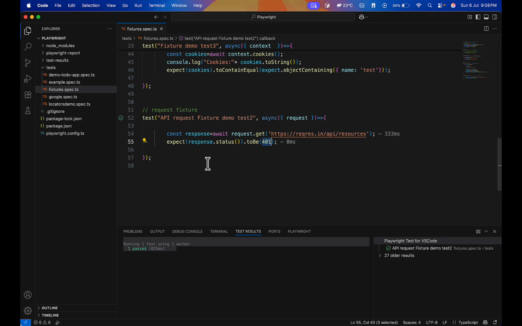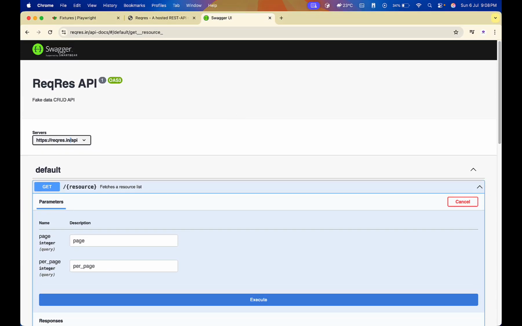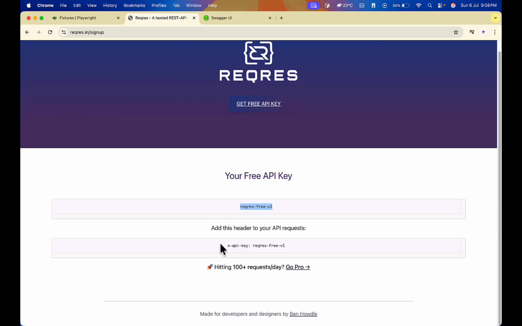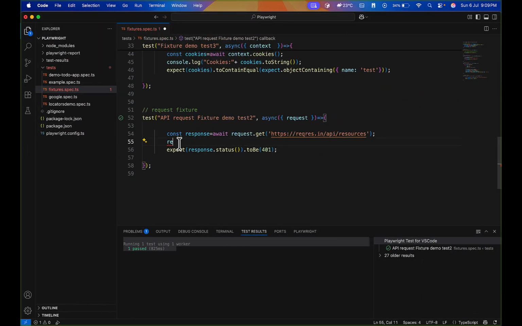Similarly, we can pass the API key and these details also. So if you go to this website, here we need to get the key actually. Okay, so we already got the key, so this is your key. So we have to pass it to the header. So let's see how to pass this header. Let me try adding this key, copy it, and I will go to the script, and here after we are using the get. Let me remove this also. Once we hit it,